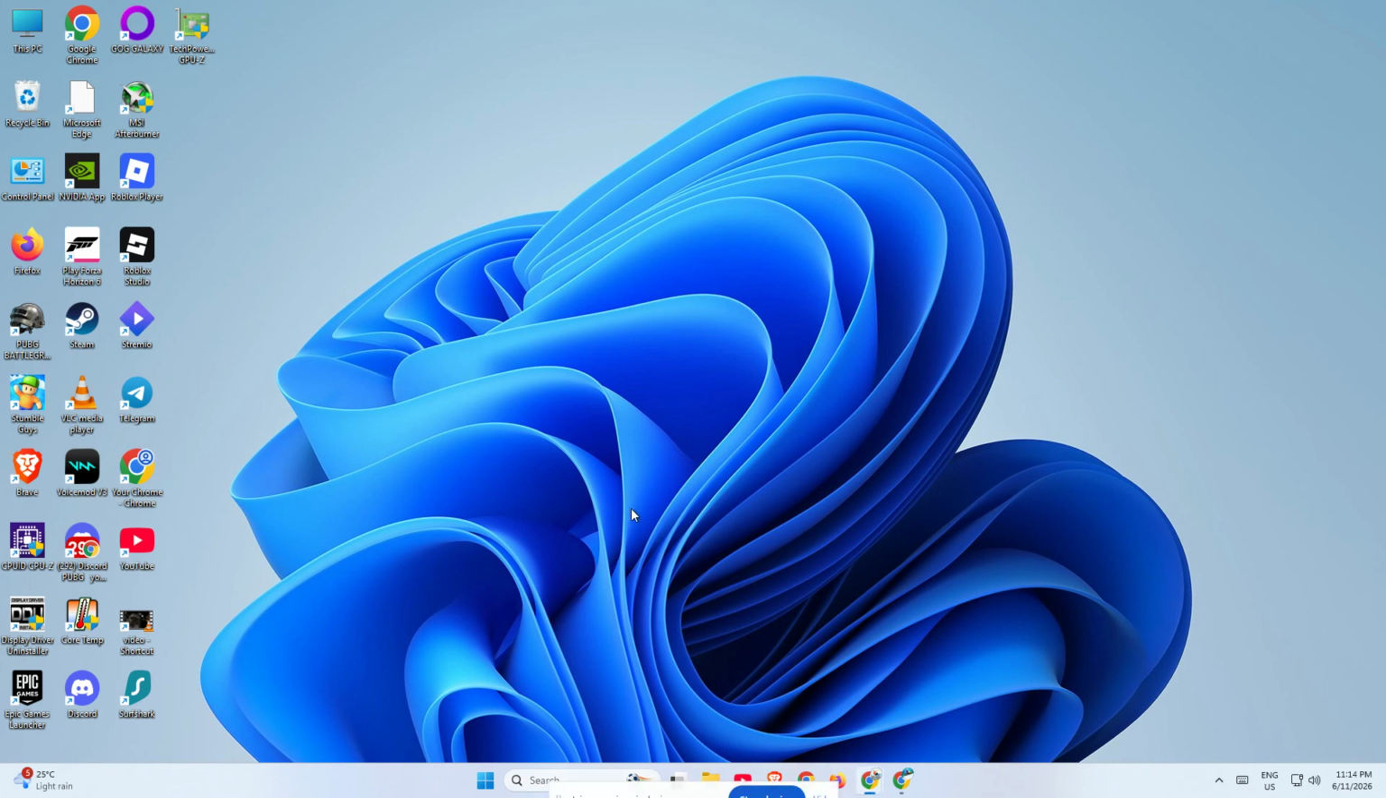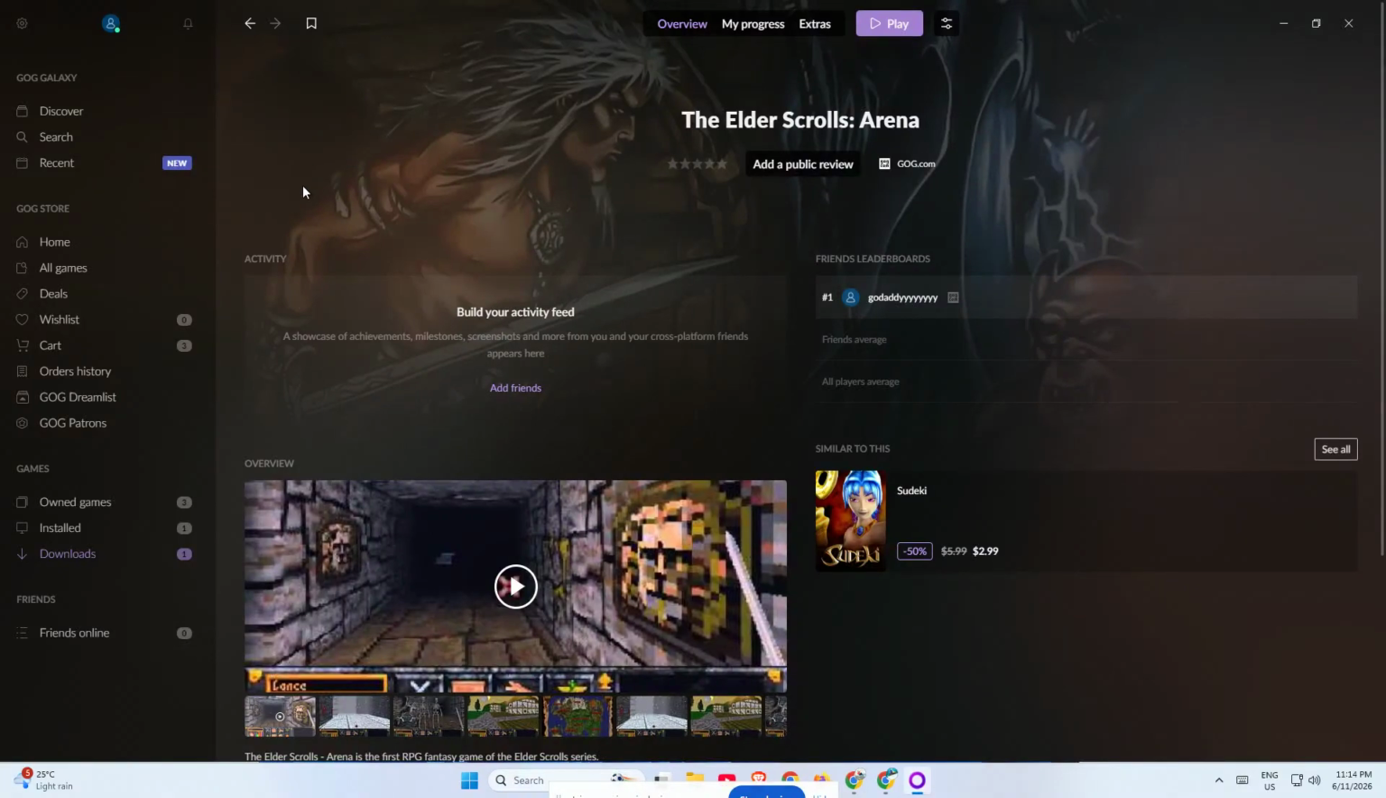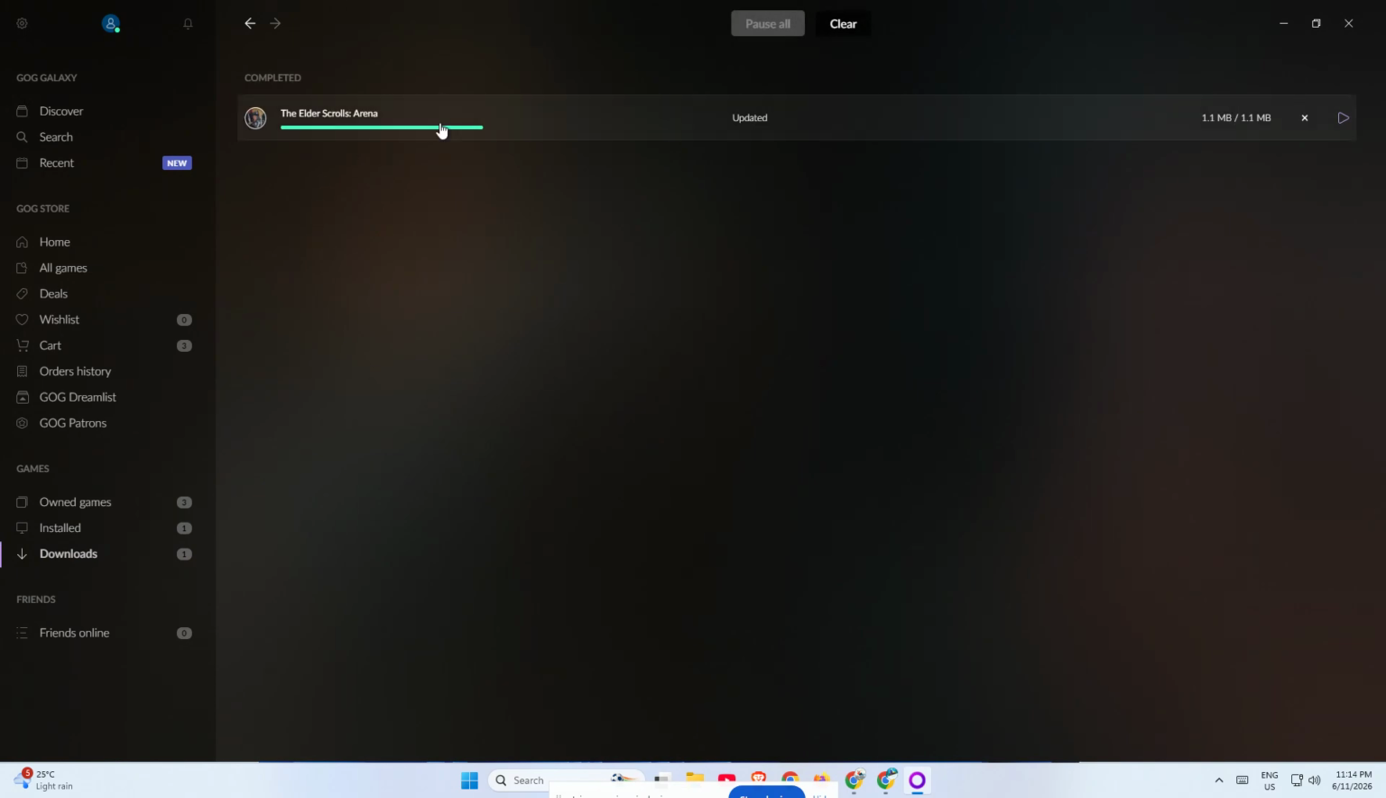After that, wait for GOG Galaxy to fully launch, then try downloading the game again. In many cases, the disk access error disappears immediately once the client is running with administrator permission. If the download starts working, that means the issue was related to restricted access and you've successfully fixed it. If you still see the error, make sure you're launching the correct client and that Windows isn't blocking it with another permission prompt. But for most users, simply running GOG Galaxy as administrator is enough to get the download working